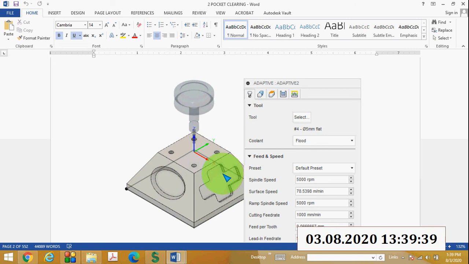So in this video I have explained the basic difference between 2D machining and 3+2 machining, how to change the orientation of the work coordinate system, selection of the boundary, how to generate the CNC code, selection of the tool, how to generate the setup sheet, and what details are included in the setup sheet.